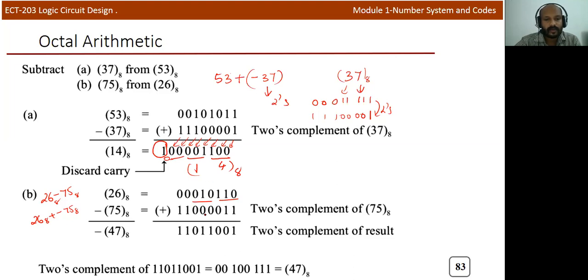Okay. Now 75. First we'll write 75 in binary. This is 101. 7 means 111, and we need to represent in 8-bit. So this is the 8-bit representation of 75 in base 8, and we are converting into binary. Now we need to take the complement of this because we required minus 75 in base 8. Okay. So we'll write first one, then 1 0 0 0 0 1 1. Okay. So here you can see the sequence, and now we'll add.